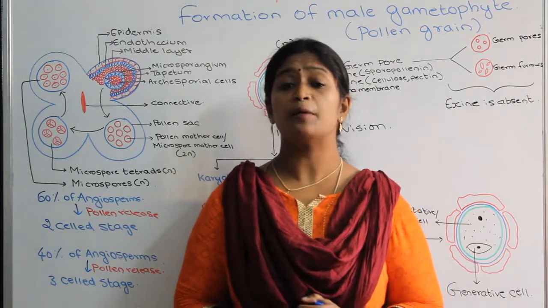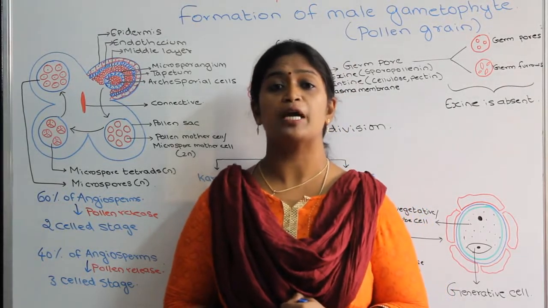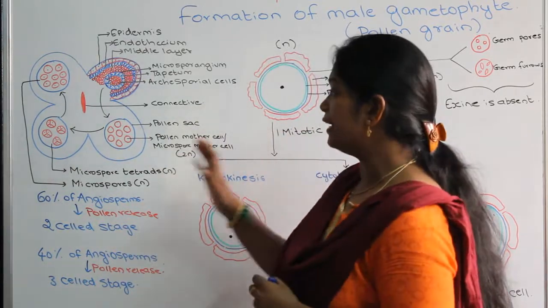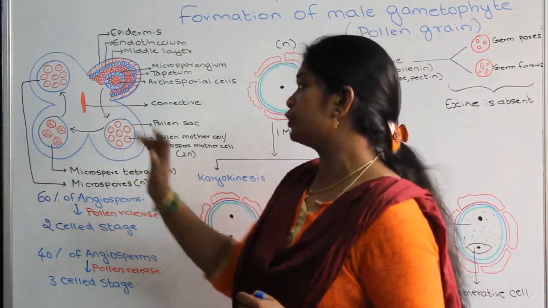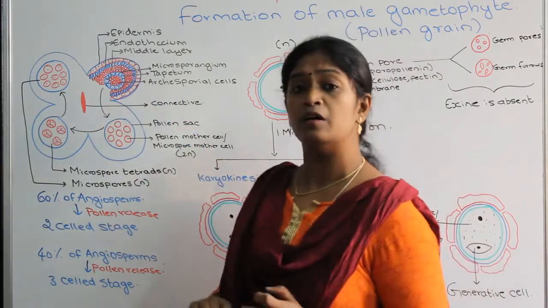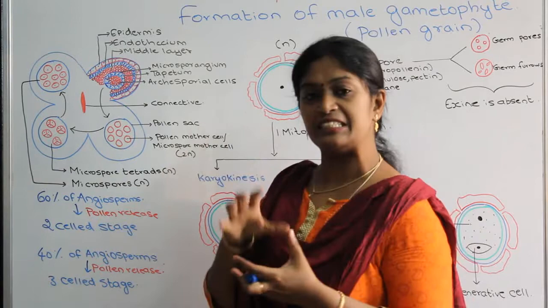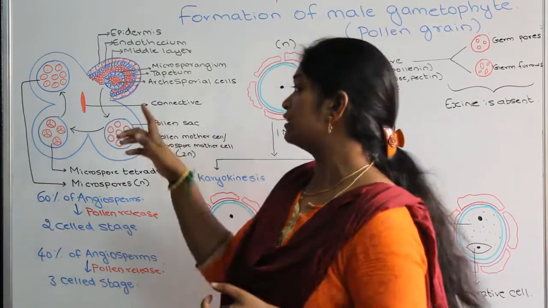Hello everyone. In a previous video we have studied microsporogenesis. Now we have seen the 4 stages separately. Let's see all the 4 stages together. So first we have the Microsporangium, which is smaller, which consists of the densely arranged sporogenous cells called the